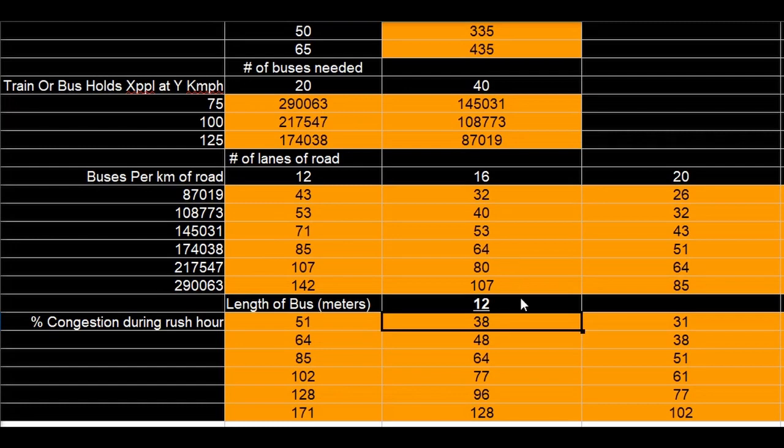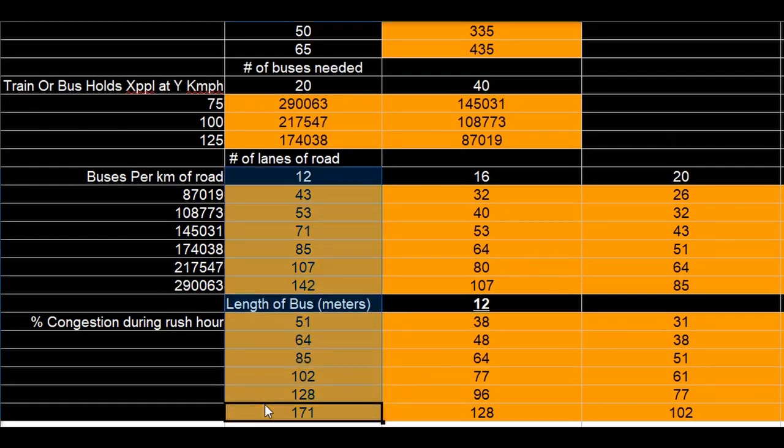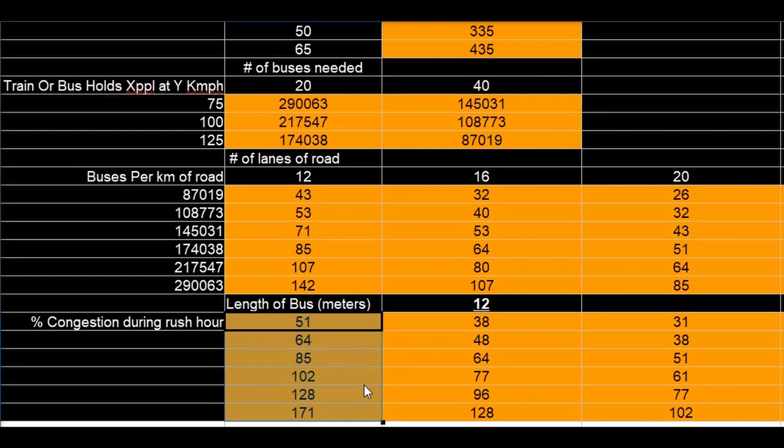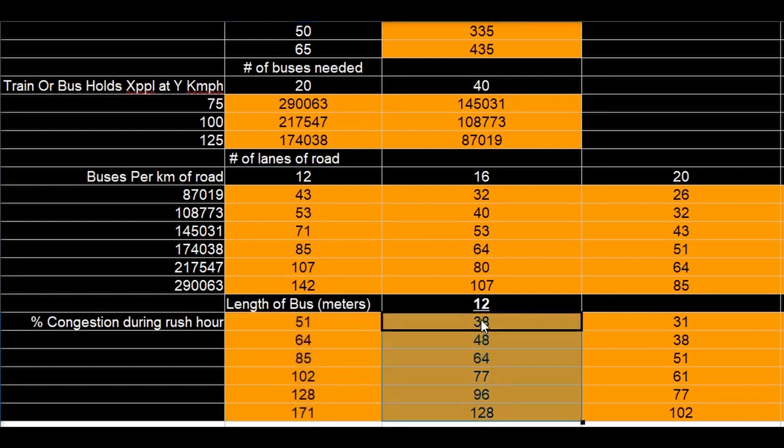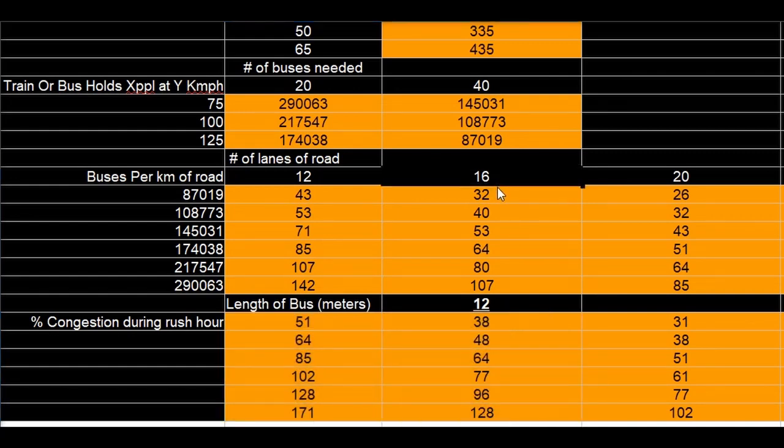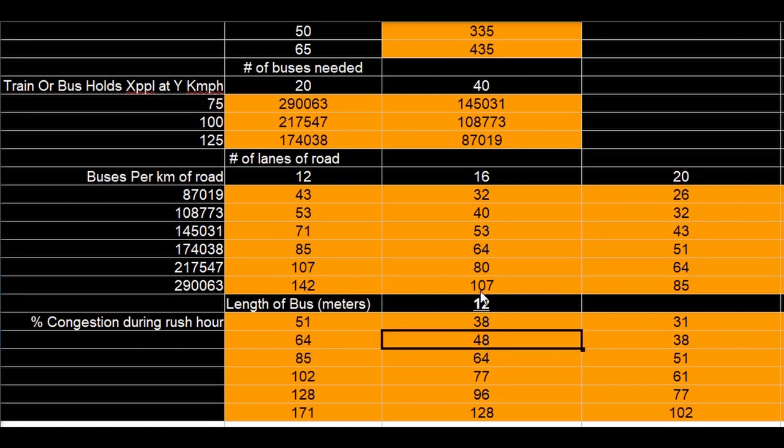So in order to get a reasonable number, because I don't think 12 is going to cut it. Look at this. This is not going to cut it during rush hour. In order to get a reasonable result, you're probably going to need 8 lanes on each side for that main road. Which, I guess, is doable. The next video will be discussing a train system. I guess I'll just build their whole transit system.